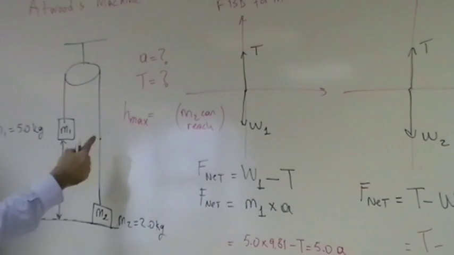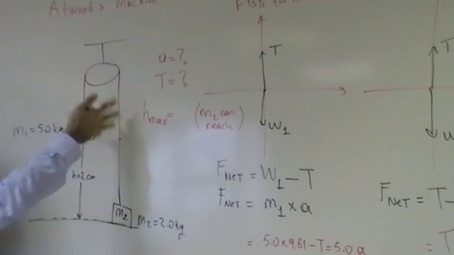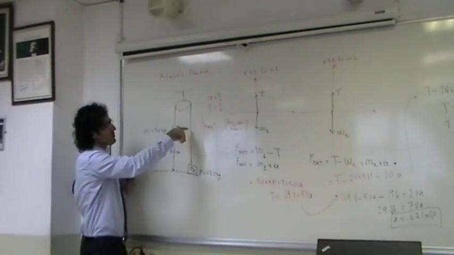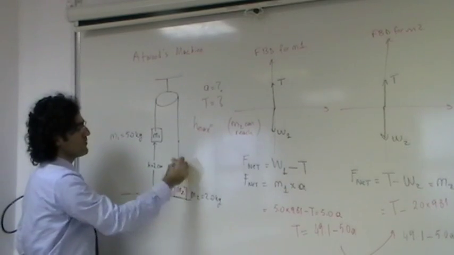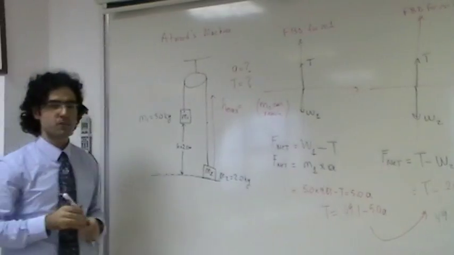Therefore M2 will continue moving. Assume that you've got enough space in here and the string is long enough so that it doesn't hit the pulley. How far do you think M2 is going to go from the ground? This is the question that I want you to solve